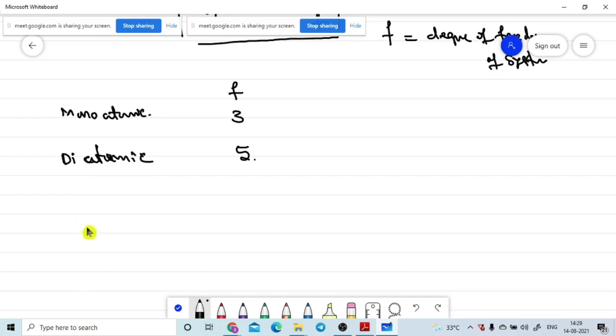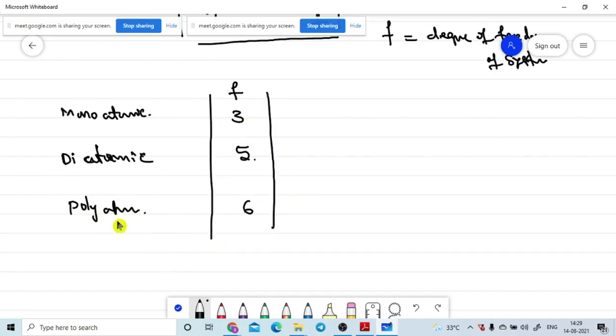So now we are going to the polyatomic system. For the polyatomic system, the degrees of freedom are 6. These are very important. If you know this, then only you will be able to calculate the remaining terms. They may ask the gamma values, the CP values, the CV values. How can we correlate this with this?